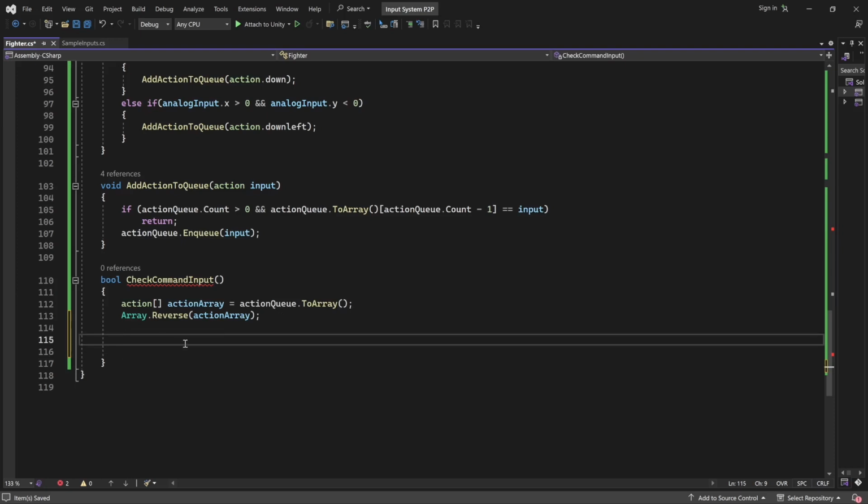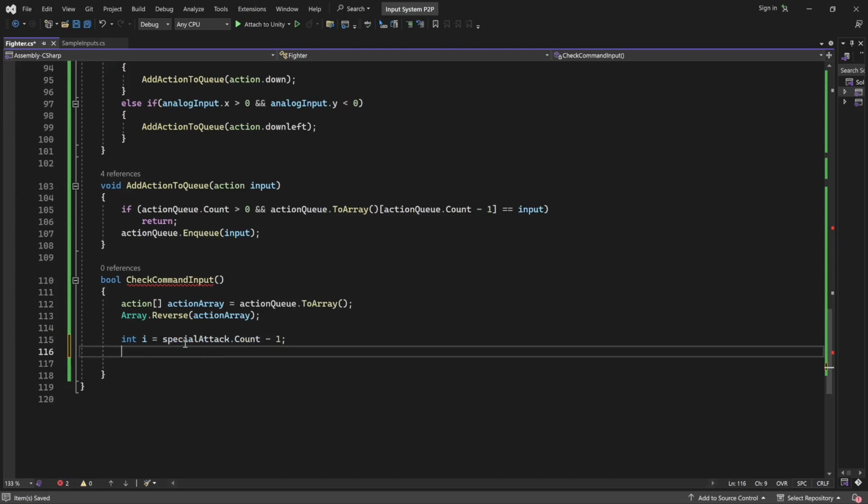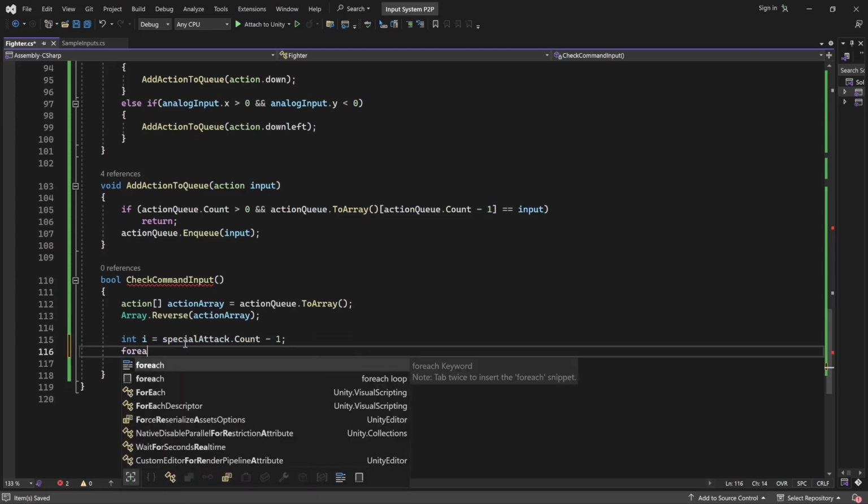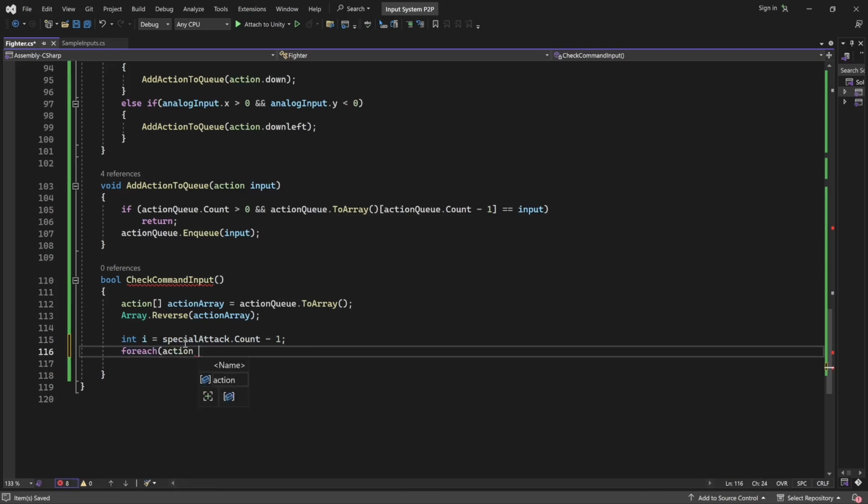Do that by doing int input. So int, we'll call it I, is the count of the number of items in the command list. So that would be special attack dot count minus 1. That's going to give you the end of the special attack list. And for each action input in the action array,